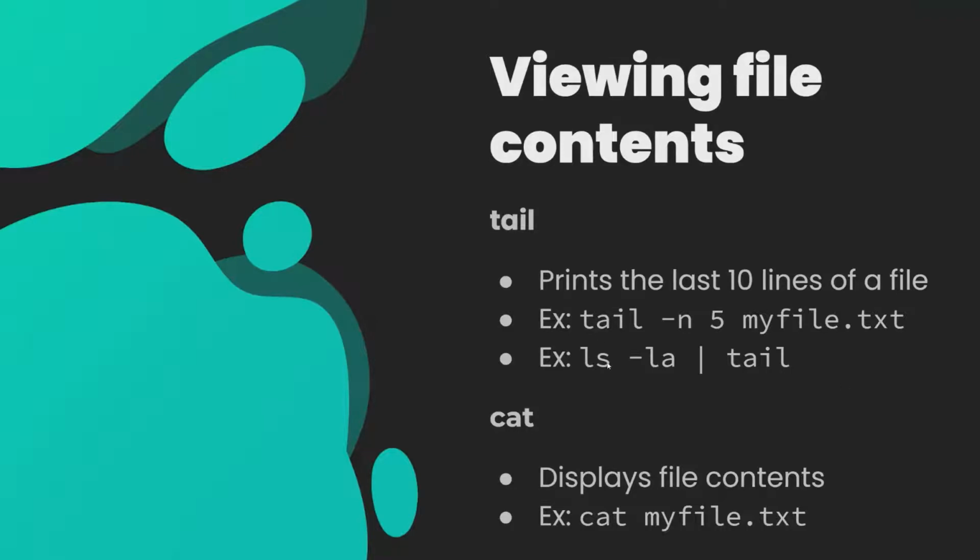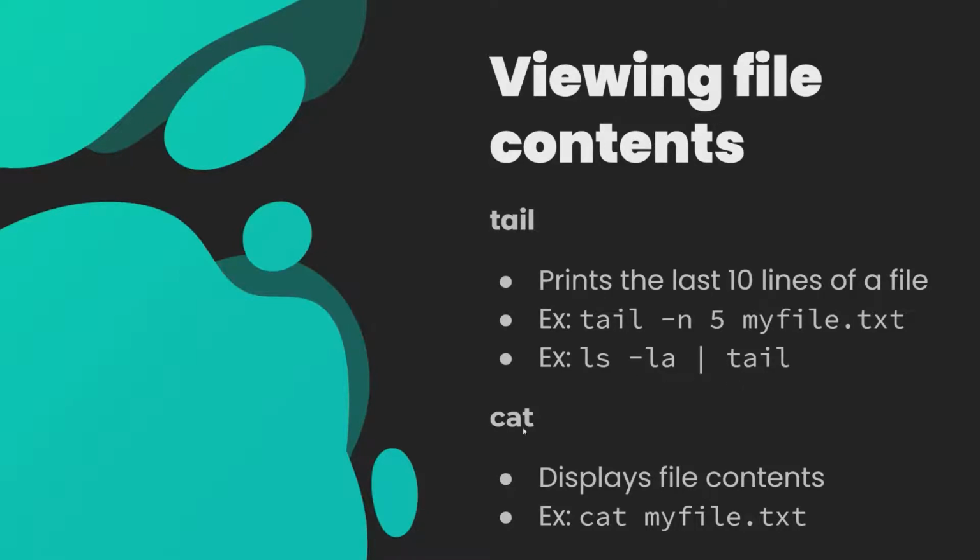And if I, for example, wanted to pipe the output of a command to tail, I can do that as well. Like for example, ls -la, I want to only see the last 5 lines of that output, or not last 5 lines because I didn't specify the n here. So by default, it's the last 10 lines. And that's the output that you would get, the last 10 lines of the command on the left-hand side.